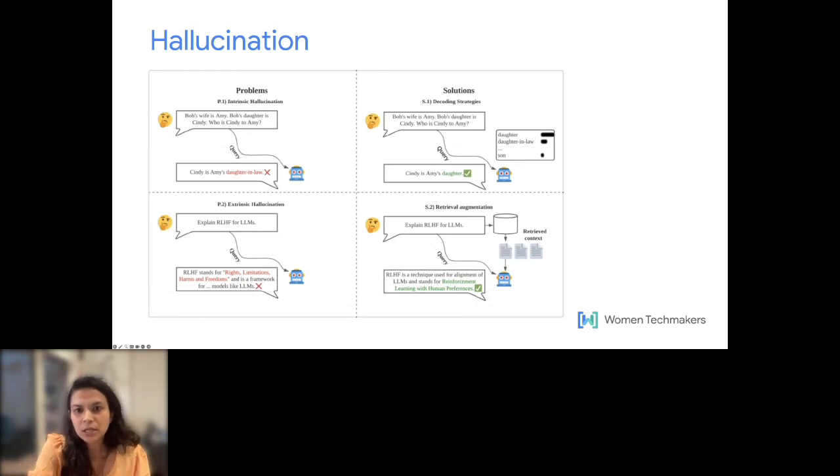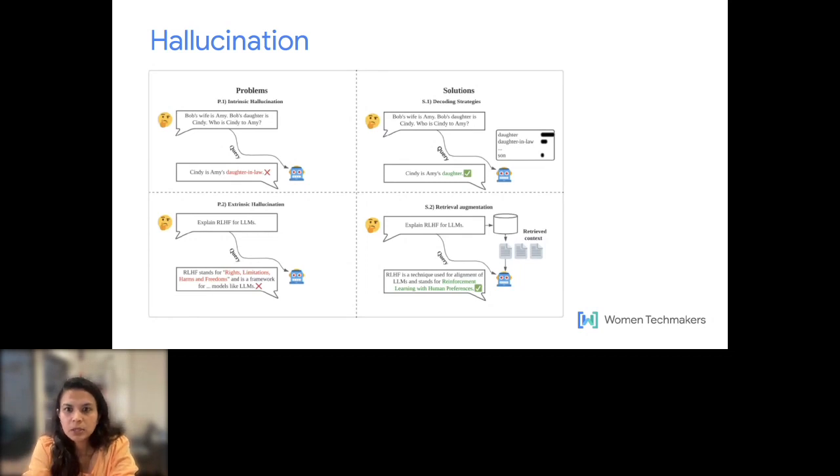So yeah, hallucination is a major challenge in large language models. We will see how we can avoid hallucination. There are certain techniques which we can use to minimize hallucination. We will see those techniques when we are looking at prompting and fine tuning, when we move on to those topics.